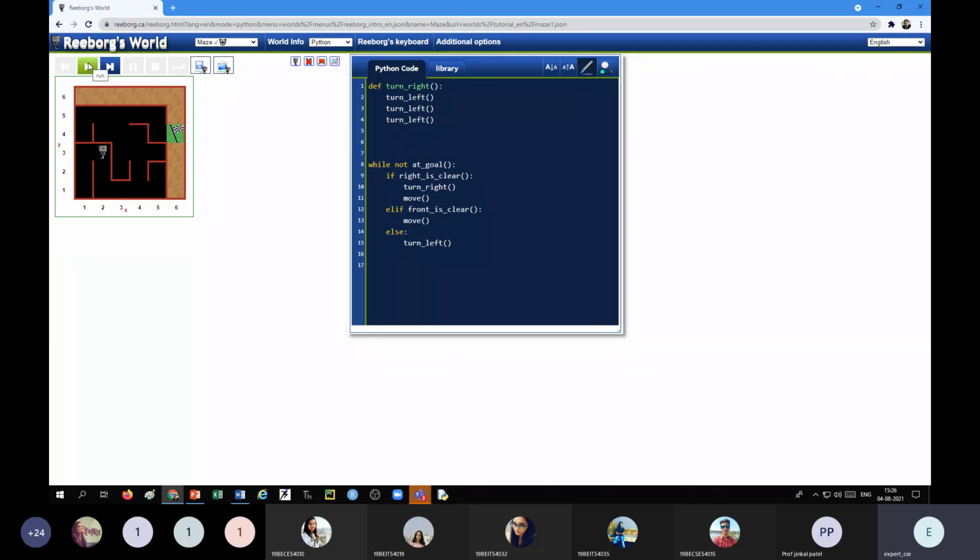In such case, for example, it will reach the destination.